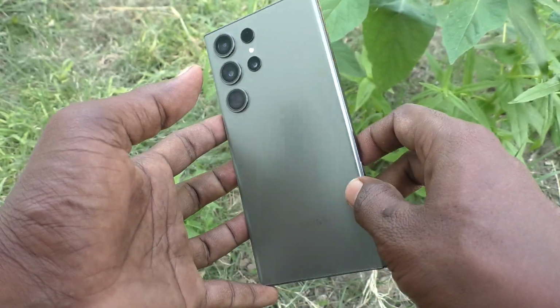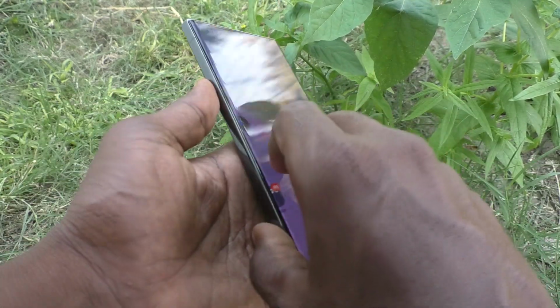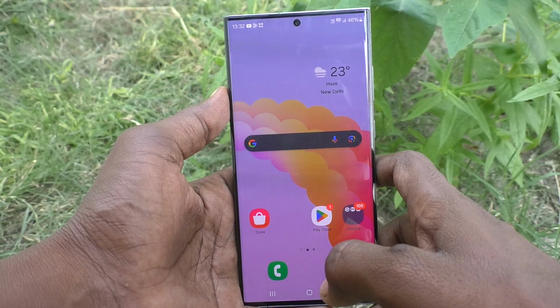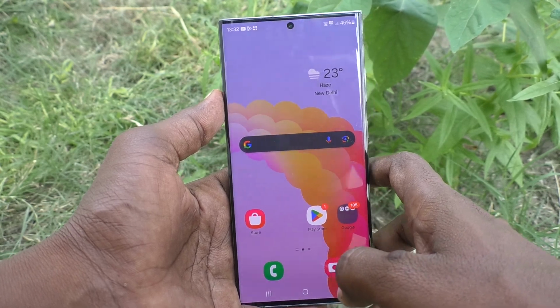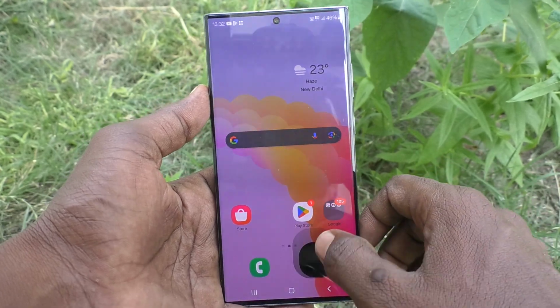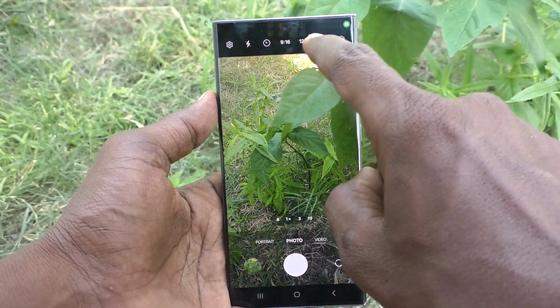Here is Samsung Galaxy S23 Ultra 5G smartphone. In this video, you will learn how to change aspect ratio of our phone Samsung Galaxy S23 Ultra 5G. First of all, open camera on your phone. Go to camera, and here aspect ratio is